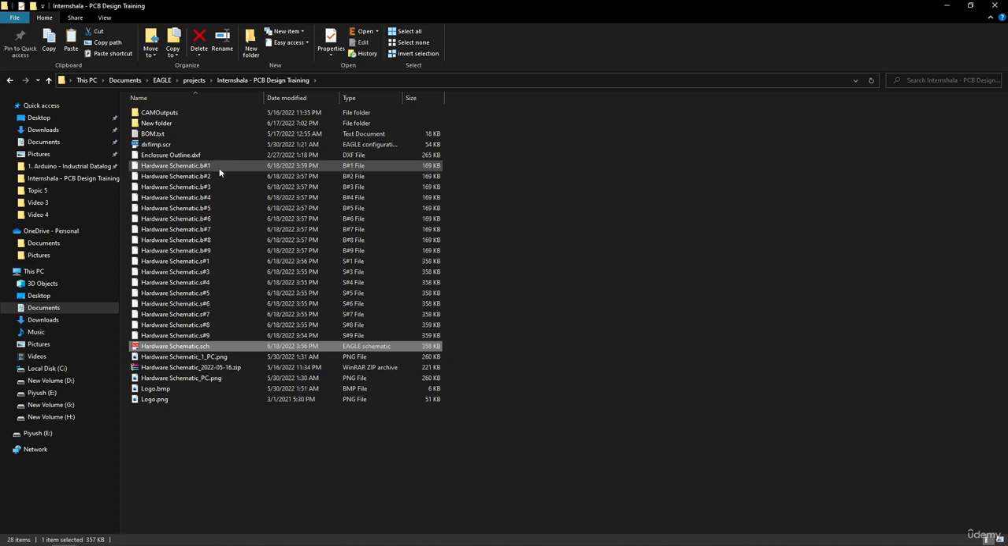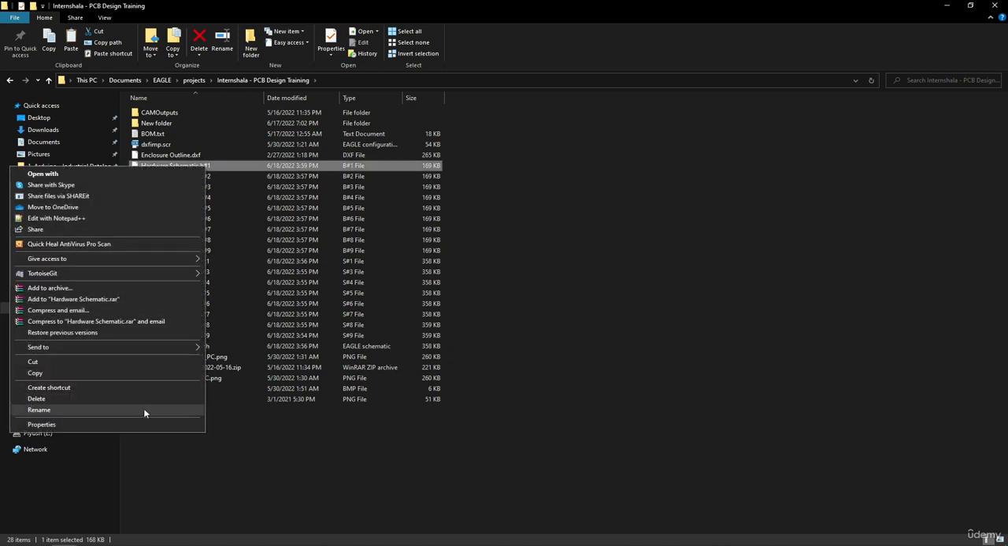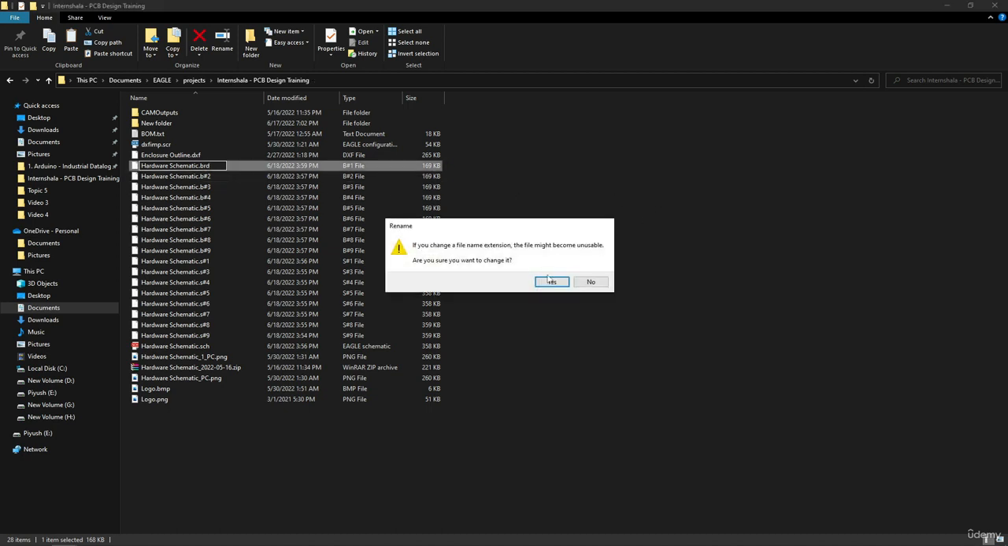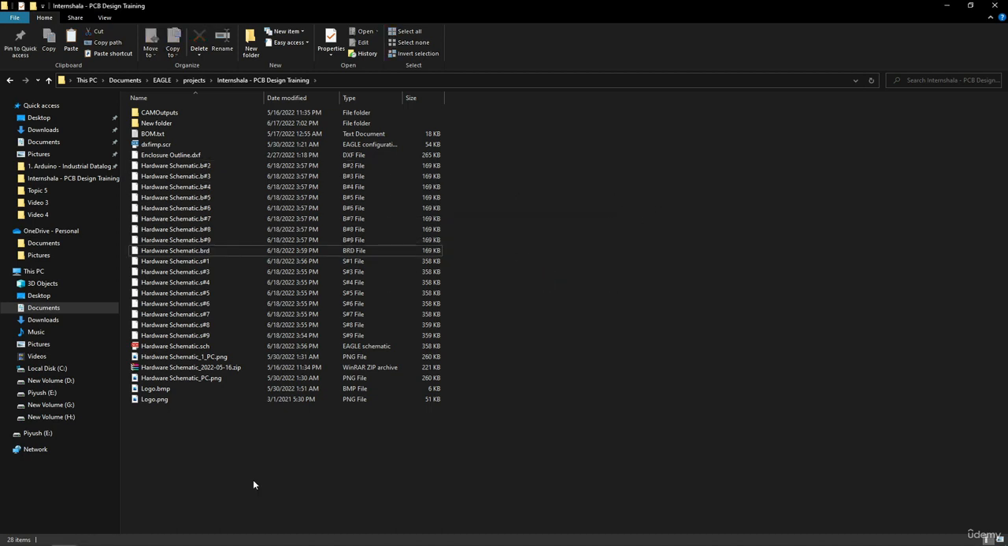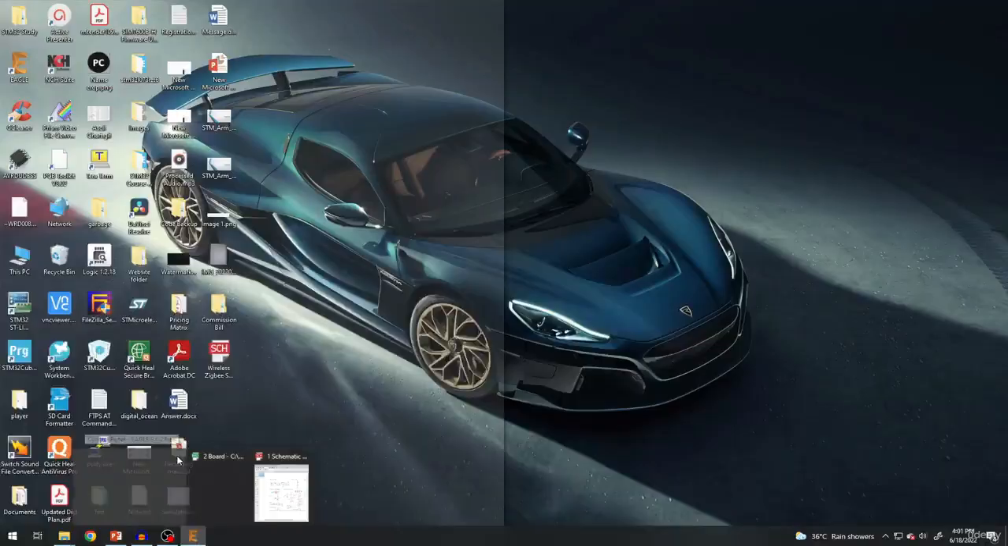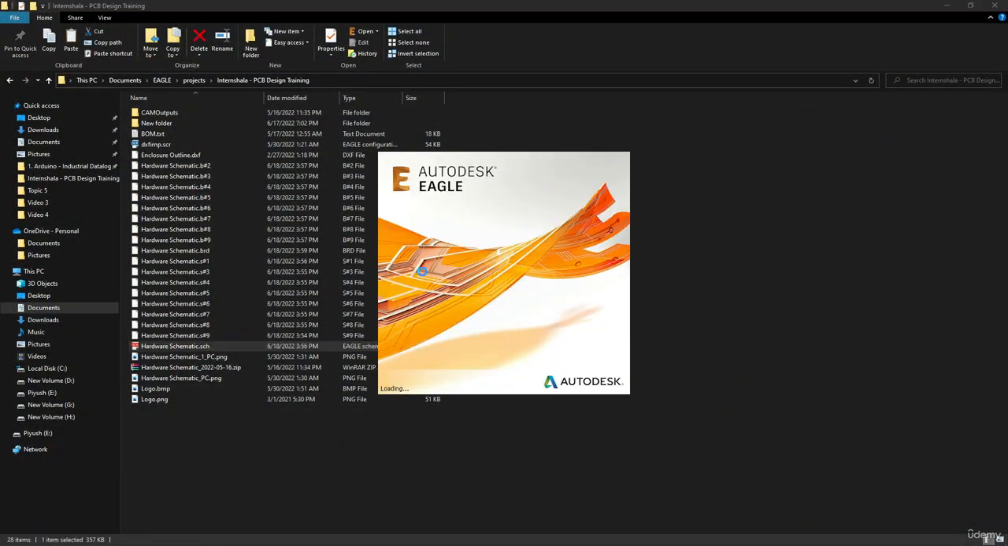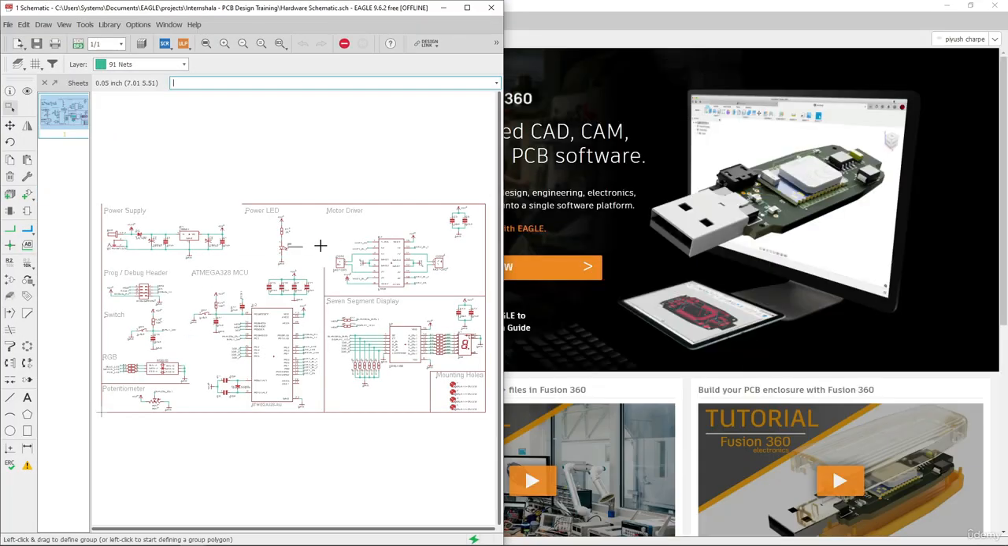Now here this was the last backup file. So I will rename this one, and I will write here BRD. This is the extension for the board file, and after that I will click on yes. And here we just have to close the software. And let me open the schematic file now, and you will observe that the schematic file is going to have the same changes that we did